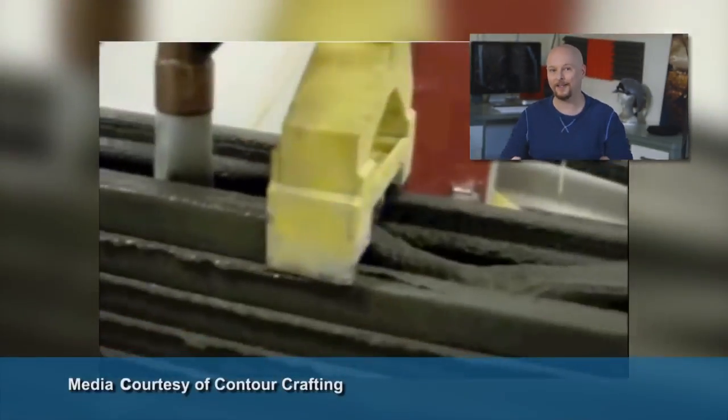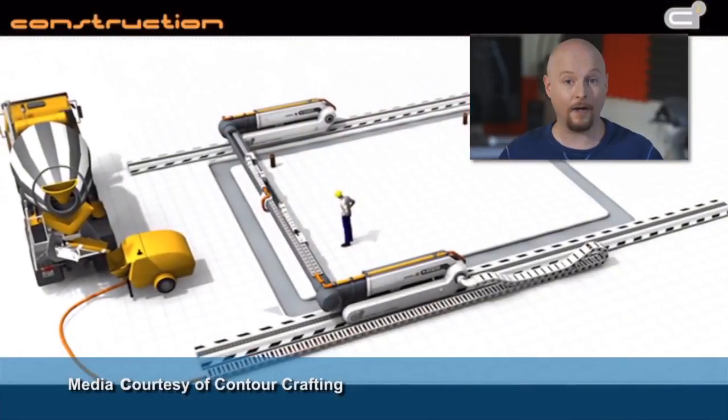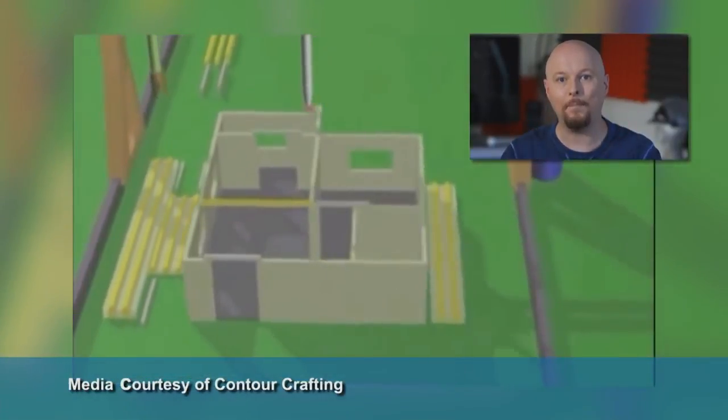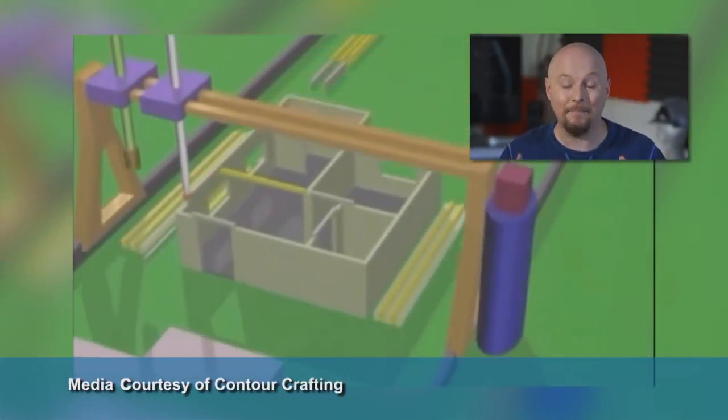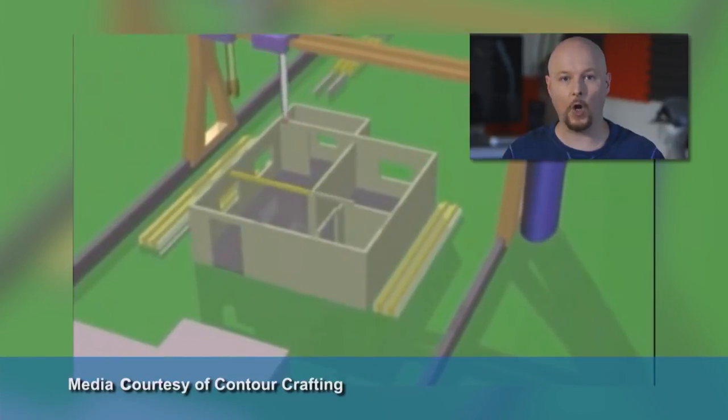Now, you don't have to go all the way to China to see this in action. We have a company here in the United States called Contour Crafting that does essentially the same thing. Now, their 3D printer is mounted on a rail system, so it can roll up and down a construction site and build an entire house from floor to roof in one go, no assembly required. And Professor Behrokh Khoshnevis, who is a pioneer in this field, says it would just take 24 hours to build